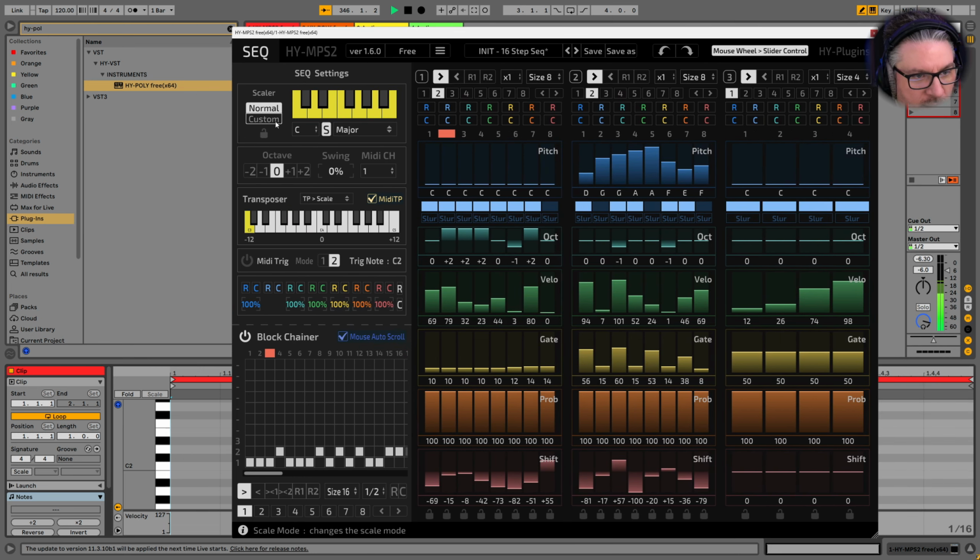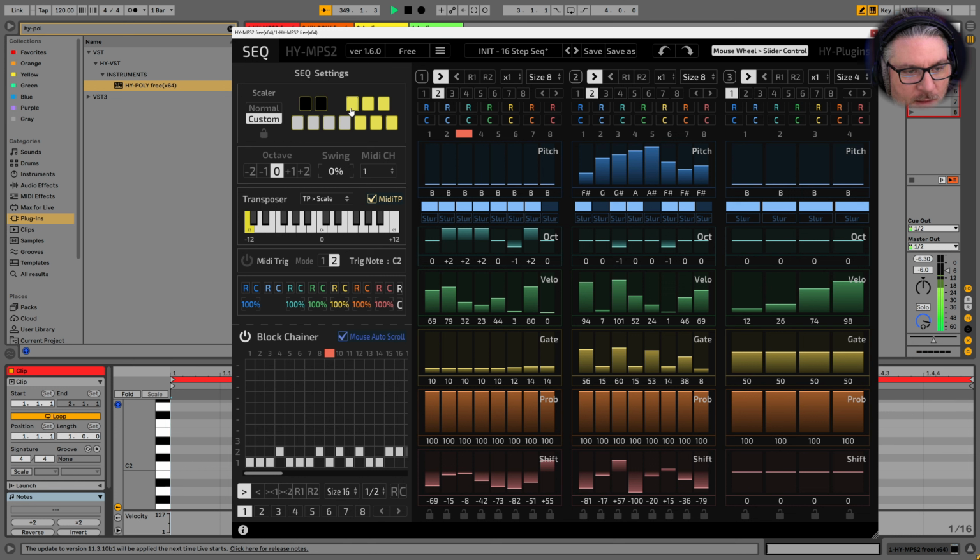Okay, got it. And you can set a custom scale too. That's cool. Yellow is filled in, I think. Okay, that's no lock. So we only want this note and, I don't know, this one.